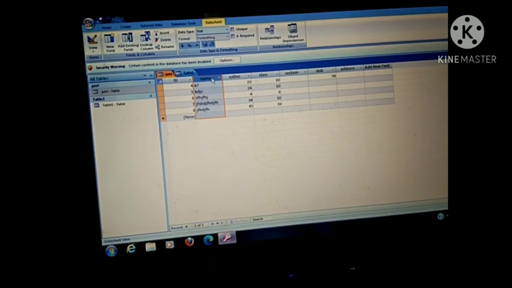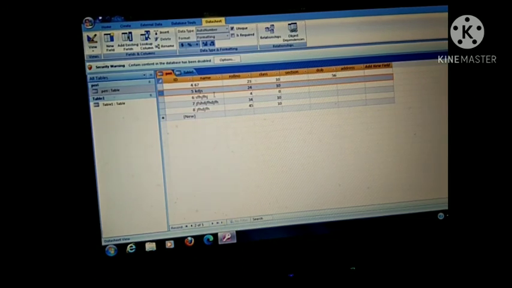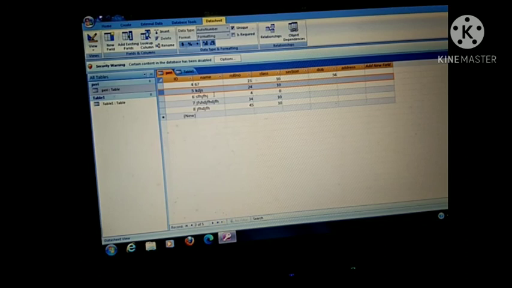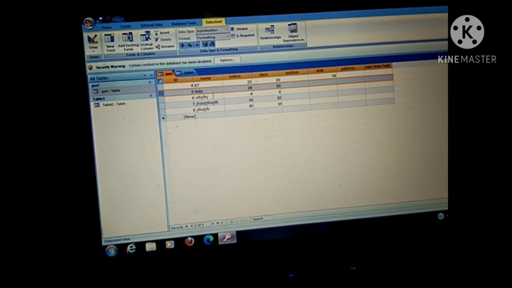So your field holds the same value of different persons, your record holds different values of the same person. Okay, so children, this one is my datasheet view. Next we will learn about design view.